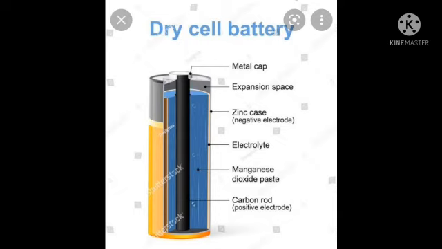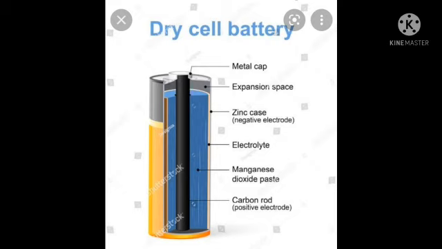Students, because of these negative and positive charged ions, electricity is carried when we switch on something or when we use this cell to work. Further, the electrolyte is a wet pulp of zinc chloride and ammonium chloride. There is a graphite rod at the center of the cell, as you can see in between. A paste of manganese dioxide is filled outside of the rod.